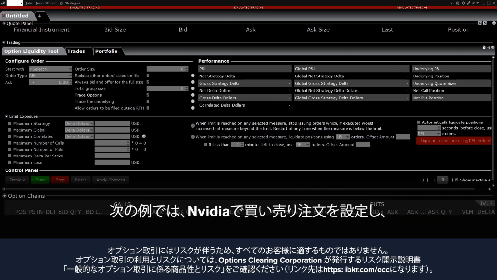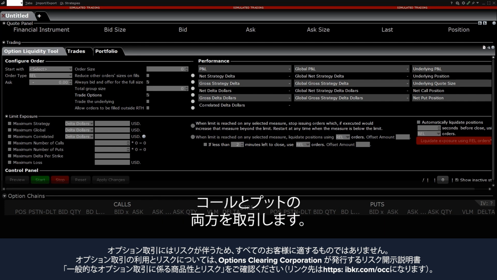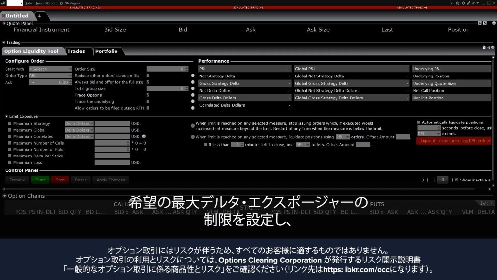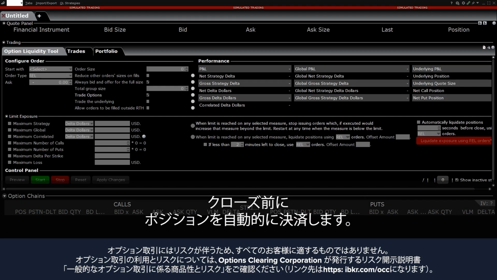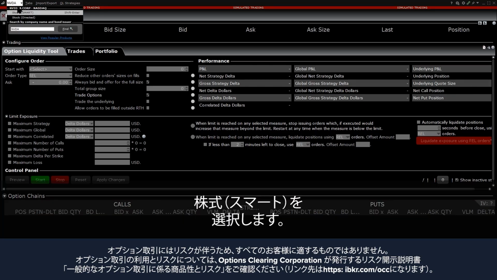In the following example, the investor wants to set up buy and sell orders in NVIDIA to trade both calls and puts with a focus on two-sided trading between the bid and ask spread, in which they will post bids and asks for multiple strikes, setting a limit on the maximum delta exposure they want, and automatically liquidate their positions prior to the close. First, they start by typing NVDA in the white box in the upper left-hand corner and